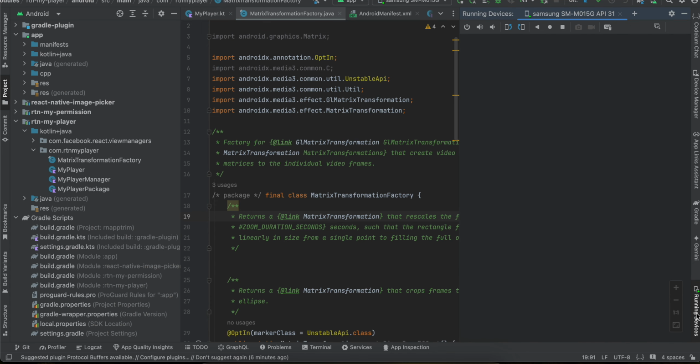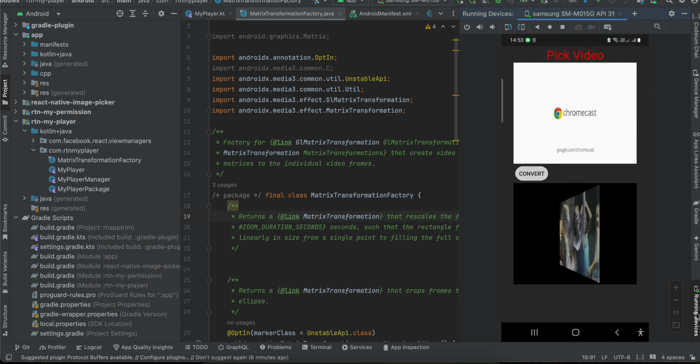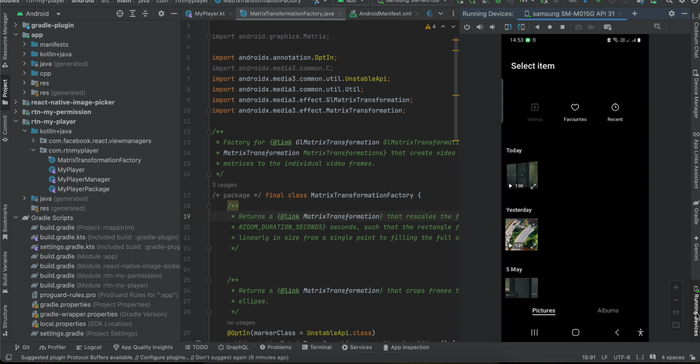Also one more thing, if I click on pick video again, here you can see inside the video picker, now there are 3 videos and the first video has that 3D effect which you saw, right? Alright,